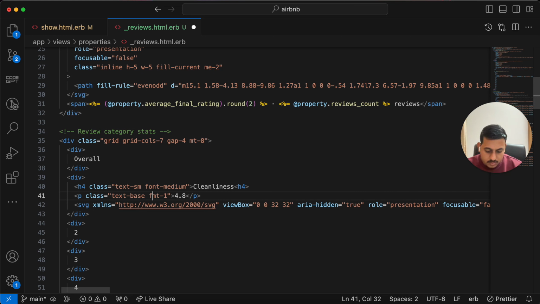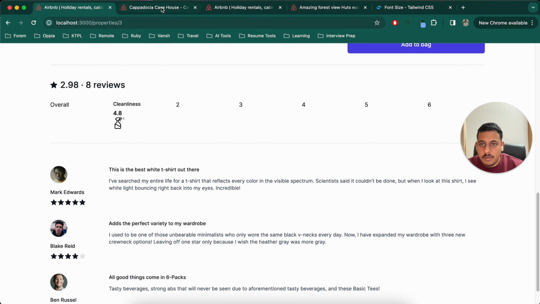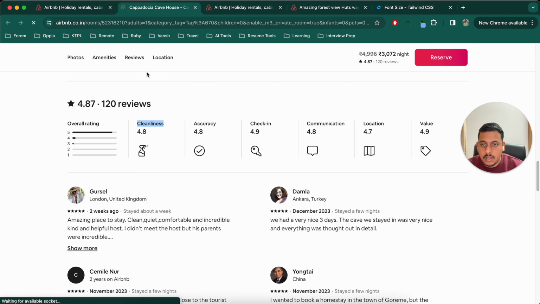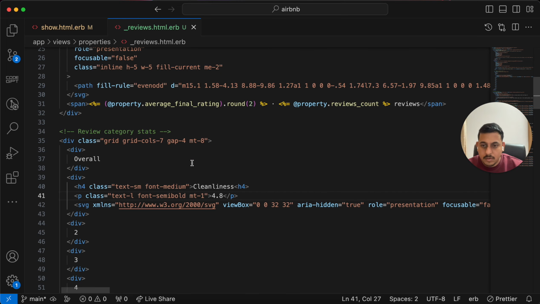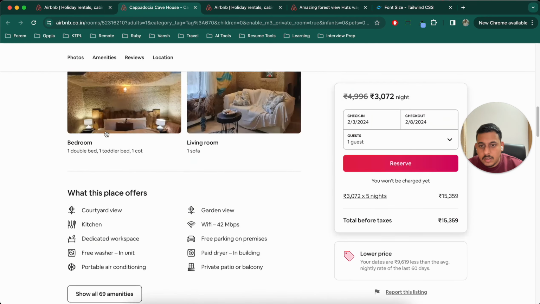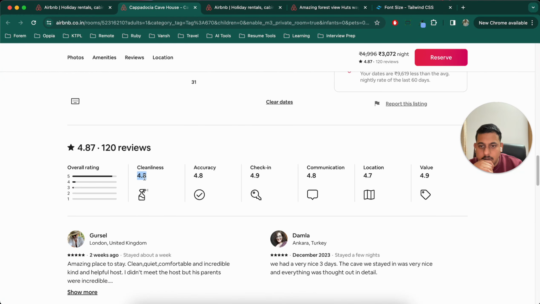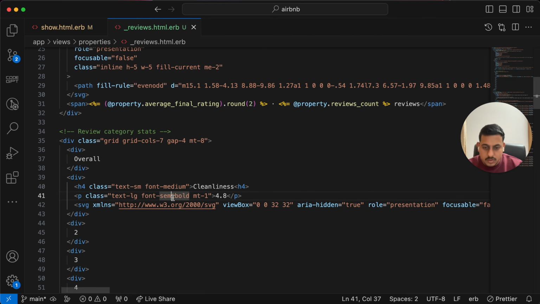MT1 font semi-bold. I hope it is there. Semi-bold is there. We need to increase its size. Instead of base, we need LG. Okay. Yeah. LG is this one. Sorry, not this is LG. Okay. So instead of this,